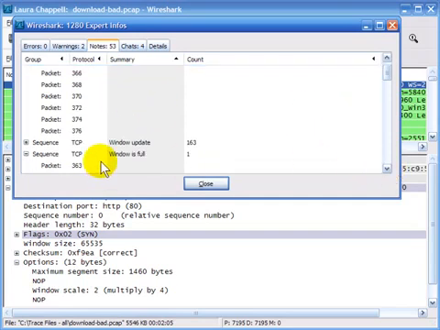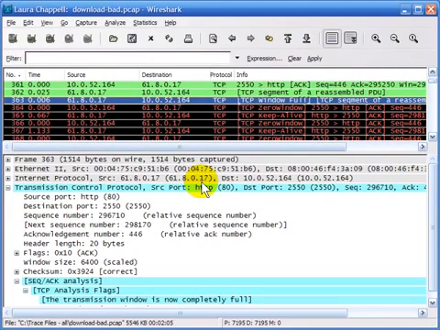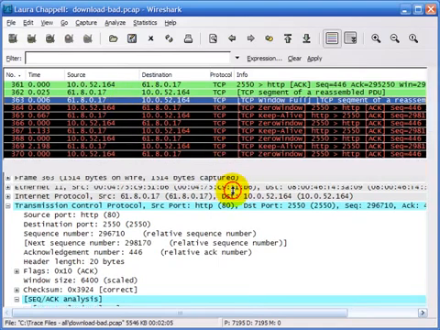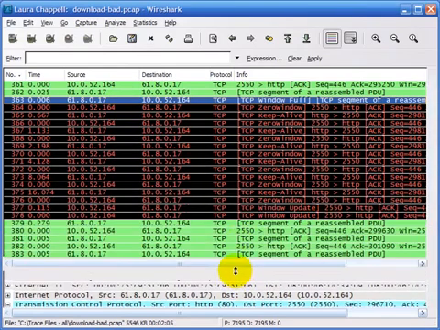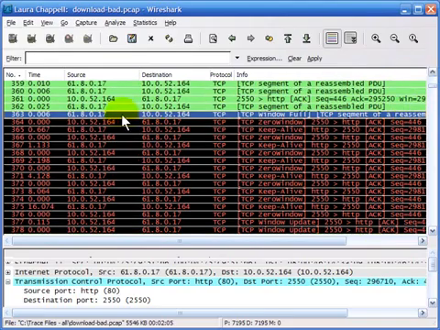So I'm going to click on packet 363 listed in the composite area, and Wireshark has highlighted that packet in the background. Now look at all this black background communication. That's of concern, certainly. So we have this section in the trace where it doesn't look very nice at all. So let's look at what happened just leading into this. Now, our server is 61.8.0.17, and our client is this